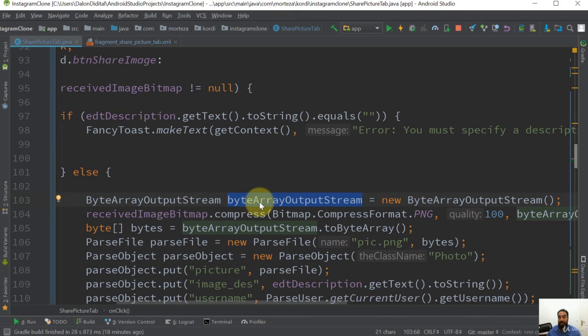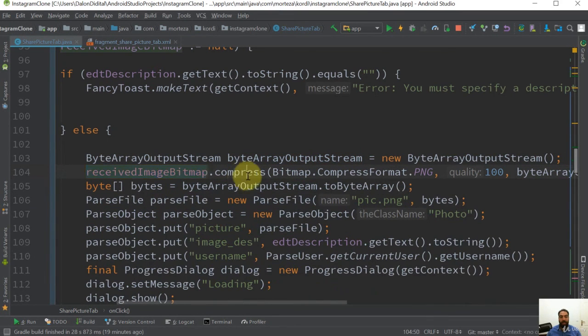It's a very heavy task if you want to just upload the image itself to the server. We just convert it to an array of bytes, and then it will be much easier to upload it. And then when we get this image from the server, we can just convert the array of bytes to an image. So now that we have the ByteArrayOutputStream, the next line of code here is going to